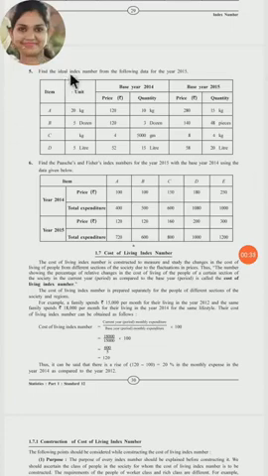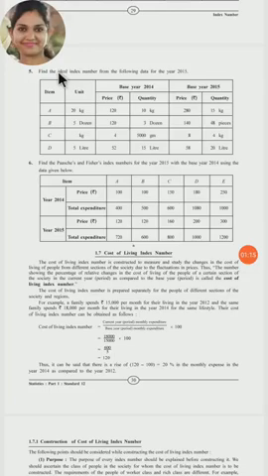Find the ideal index number from the following data for the year 2015. Here the new word is the ideal index number. In the previous lecture we saw three methods for finding an index number. One is Laspeyres, IL. Second is Paasche, IP. And third is the Fisher index number. From these three, the Fisher index number is the ideal index number because in its formula we consider both the index numbers IL and IP.